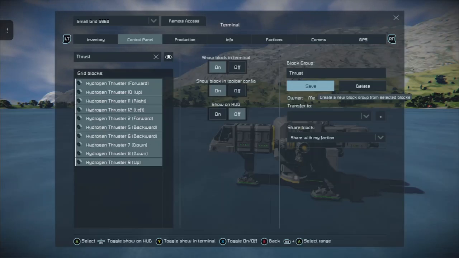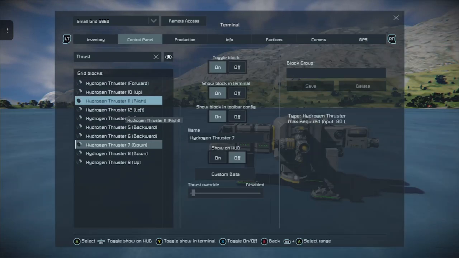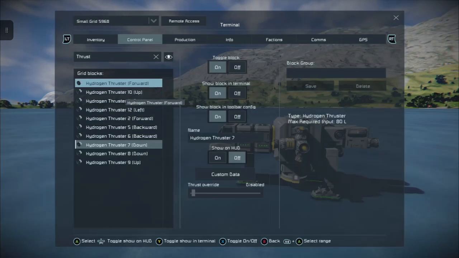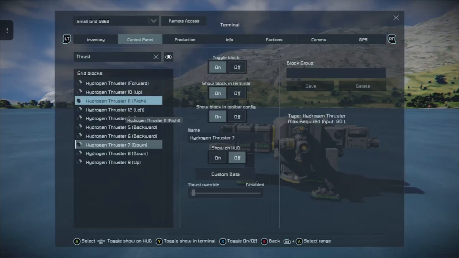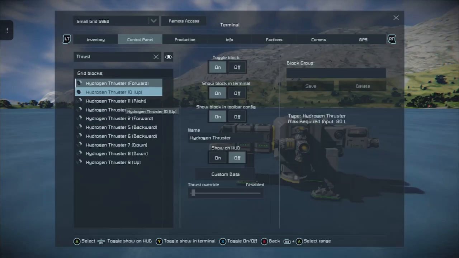and now I may have picked hydrogen. Something may have been added to this group by accident, so hold on.